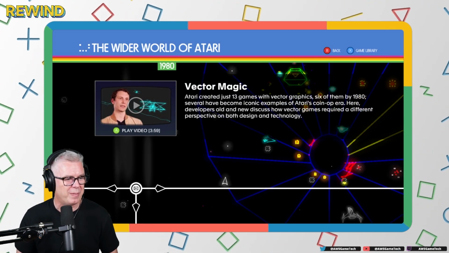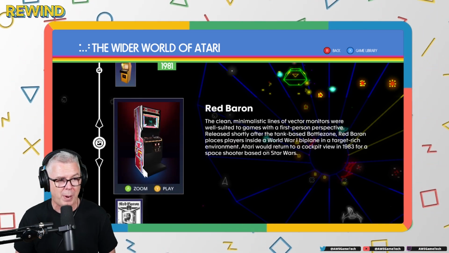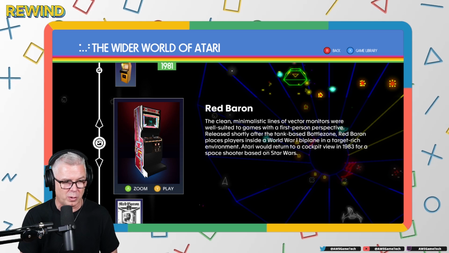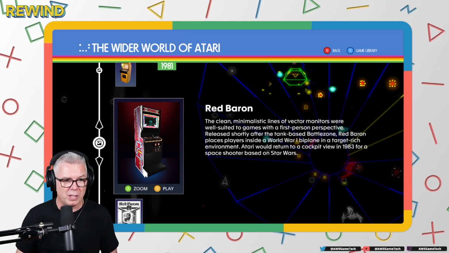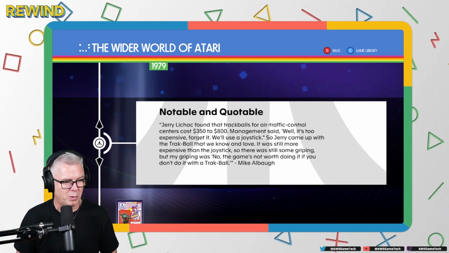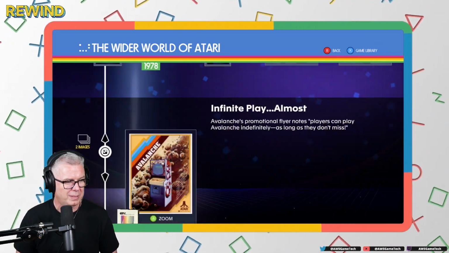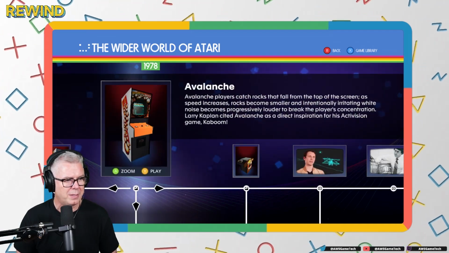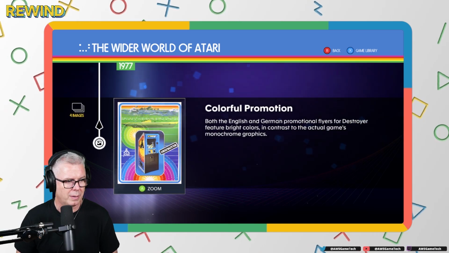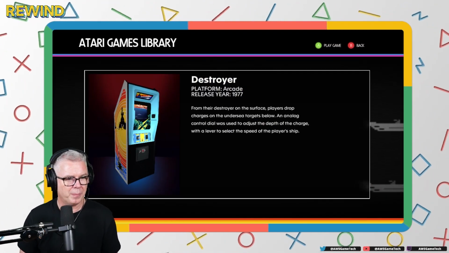So yes, there's more of these types of pieces of content. Oh, Red Baron is down here inside this vertical pipe. So this is the thing, you have to really explore the timeline to discover all of the games that you can play. Atari Football. Yeah, pretty cool. Which one is this? Avalanche. All right, let's go ahead and start, and let's just jump in and play the first one here. Destroyer. Yeah, all right, here we go.